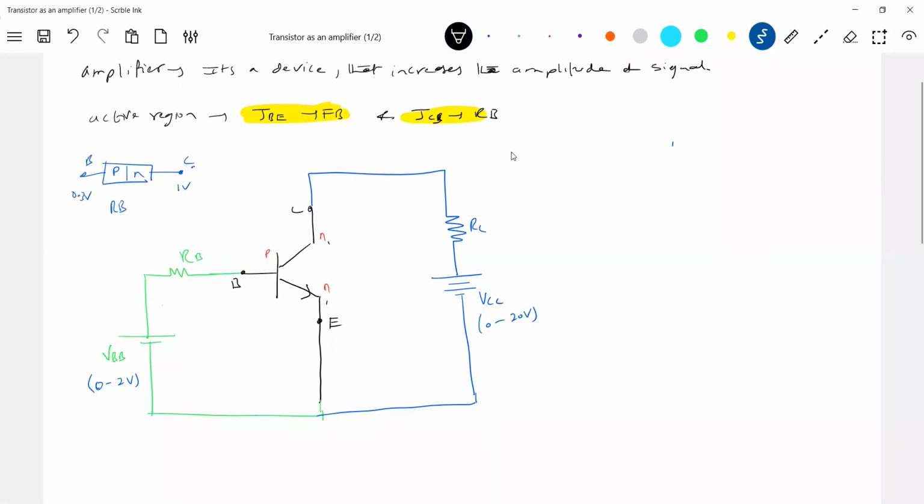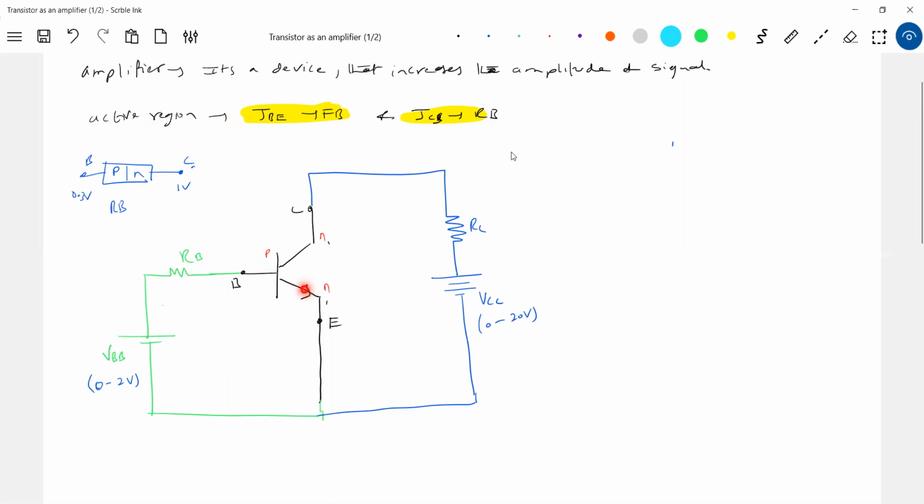Now what is the next? So finally, is it in the active region? I'll personally check it. When I go and check, VC is greater than VB. So the collector is more positive than the base, meaning N is more positive than P type, then it will be reverse biased. And I'll check this junction, which is forward biased. And what is another thing? It should be operated in the active region.